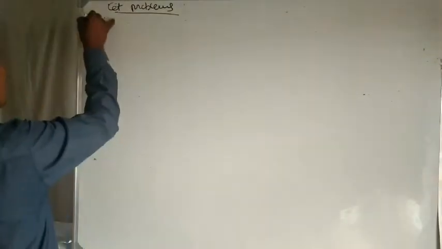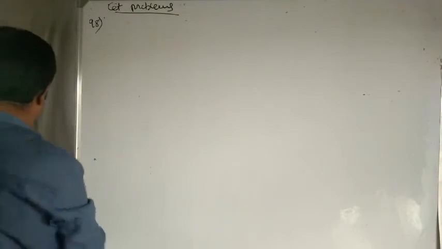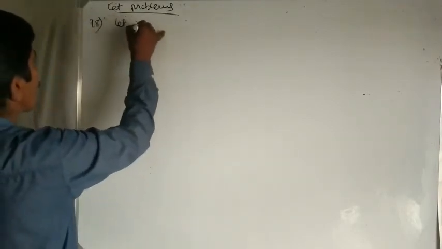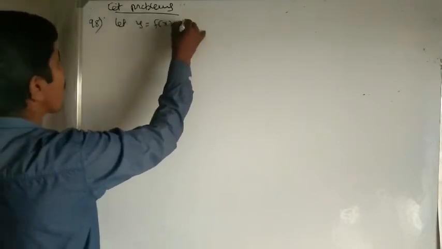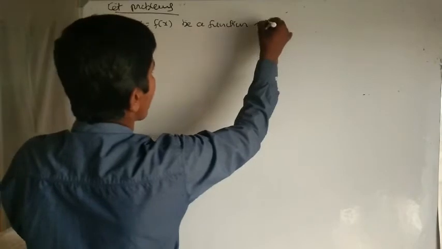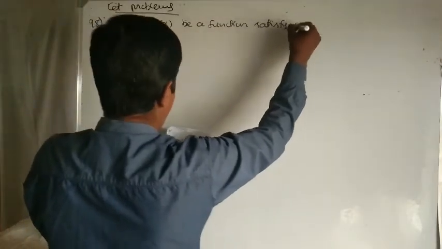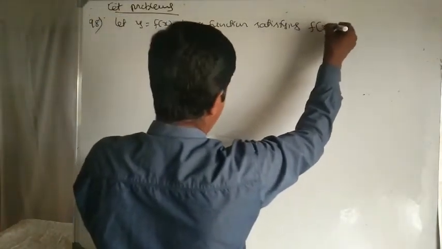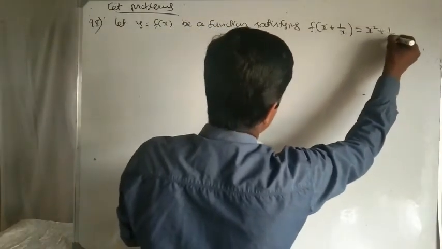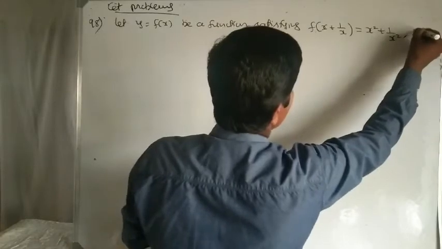So next, 98th problem. Let y equal to f of x be a function satisfying f of x plus 1 by x equal to x square plus 1 by x square, x is not equal to 0. Then